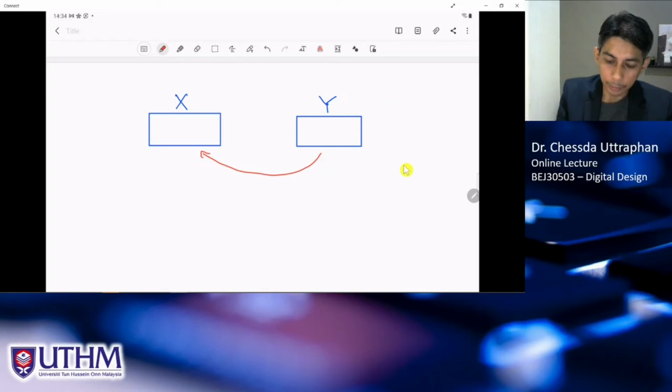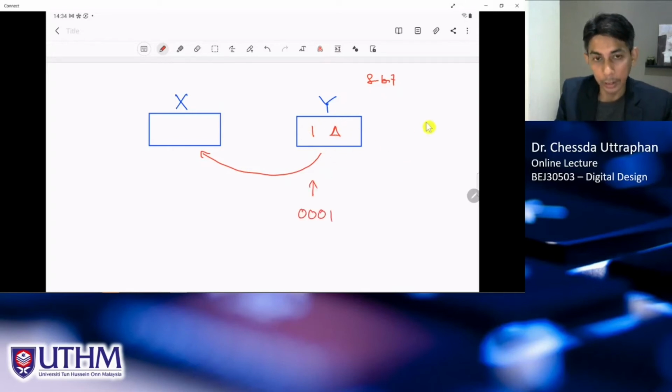Let's say, for example, the size of the register is 8-bit. If I write the data, I have the data inside, and I represent my data in hexadecimal. For example, the number is 1A. This 1A is 8-bit data, because 1 in binary is 0001 and A is 1010. So when I want to transfer the data from Y to X,